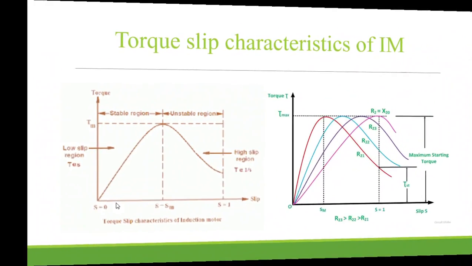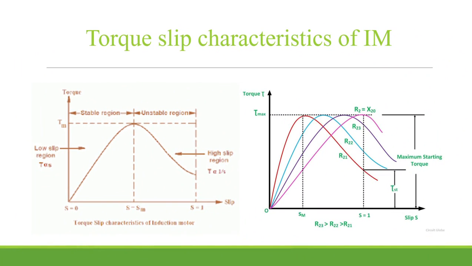So in the medium slip region, torque is inversely proportional to S. If torque is inversely proportional to S, what kind of curve will we get? We will get a hyperbola curve. So from this region to this region, we are getting a hyperbola curve, because torque is inversely proportional to slip. And then continuing, when the slip is very high, means slip is 1, at that time we will get to merge here. When slip is 1, the speed of the rotor is 0.